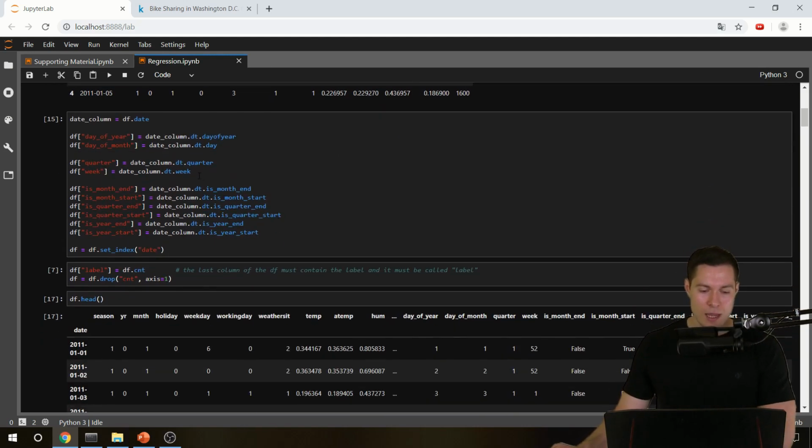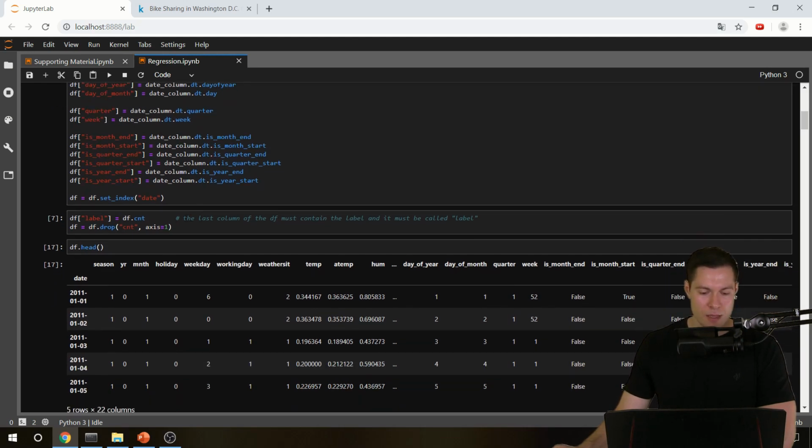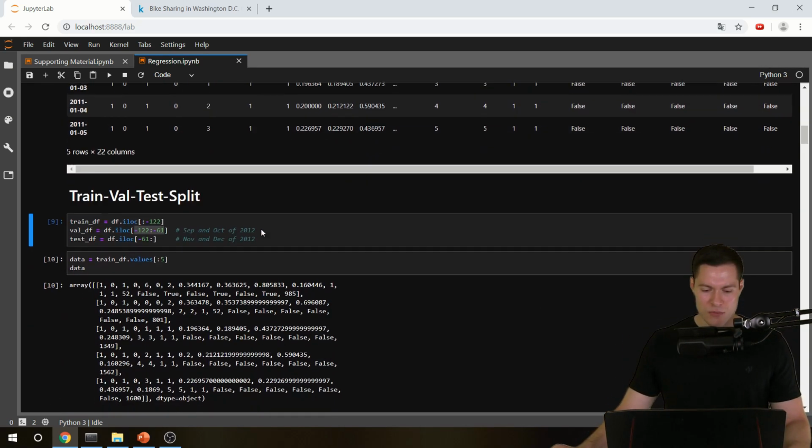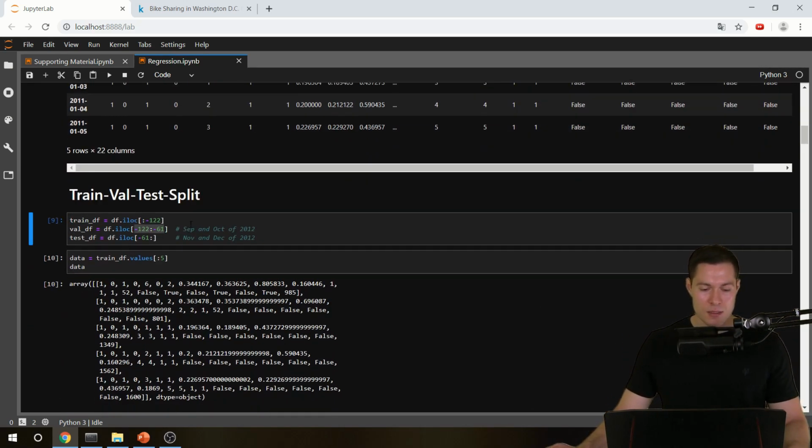And here I have created just some more time-related features. So what day of the year it is, what day of the month, if it is the end or start of the month, and so on. And in this cell, I created a new column, which is called label. That's because for our algorithm to work, the last column must contain the label and it must also be called label. And then the last thing that I prepared is the creation of the training, validation,